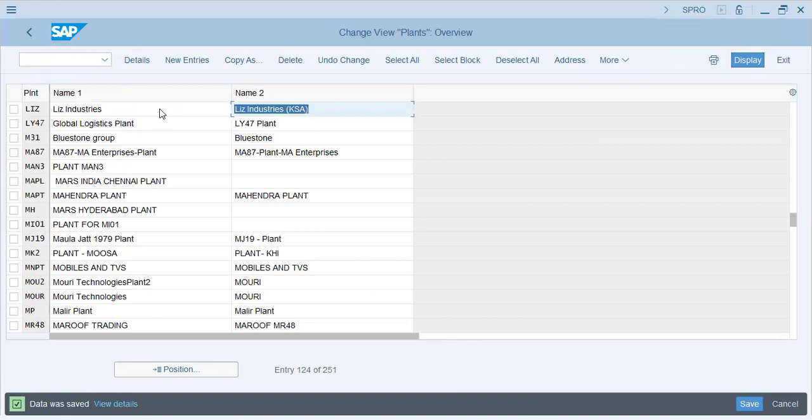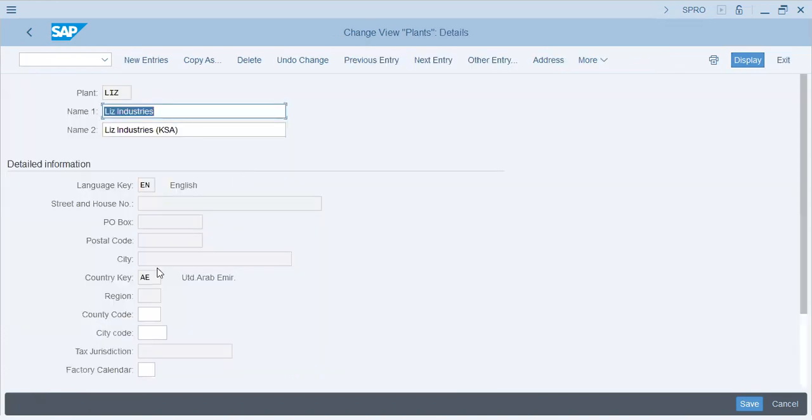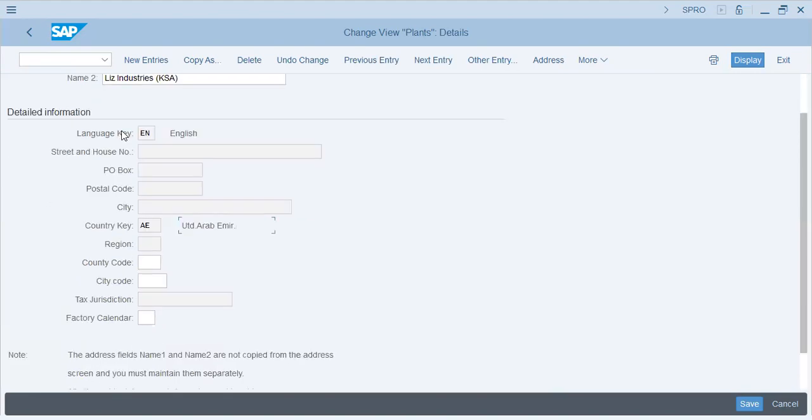Okay, so double click. If I go to country, AE is hard coded over here. I cannot change it. Okay, but I want to change it. So if I want to change it,